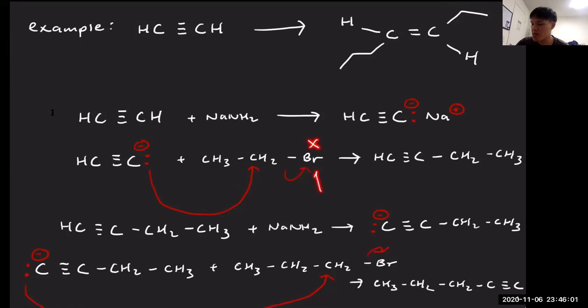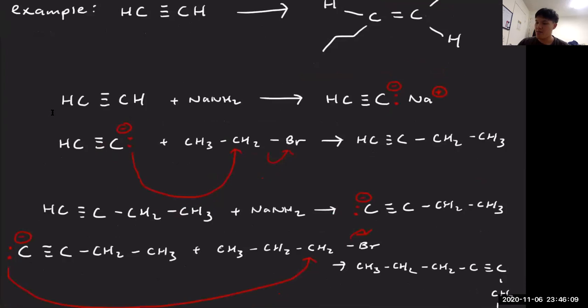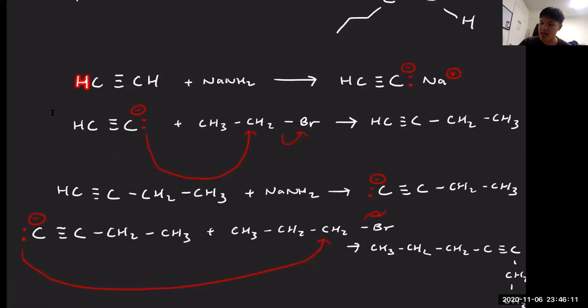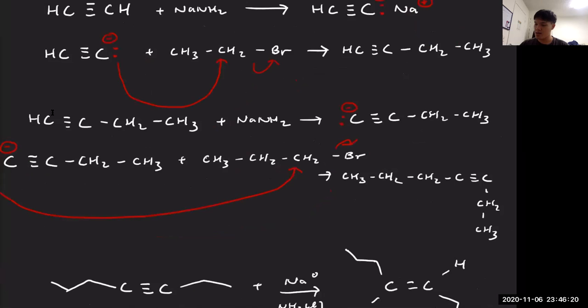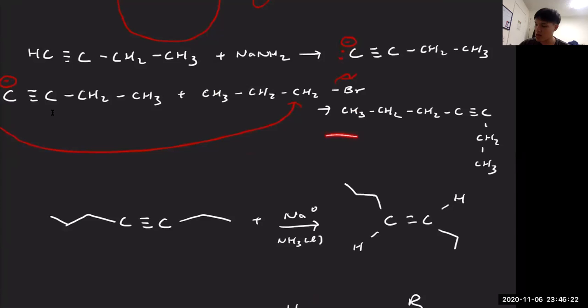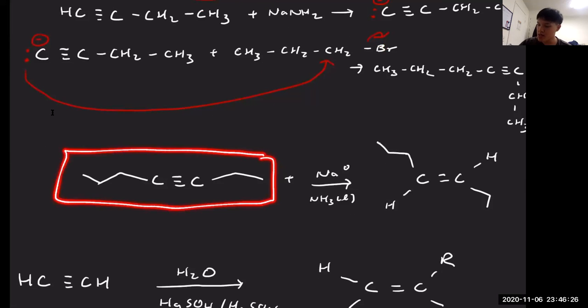I chose bromine. And then we got the first part of our product. But we also had another acidic hydrogen there. So we can do the same process again, but this time we're going to add 1, 2, 3 carbons. Same process here. And then I was left with this. We're so close to the answer,